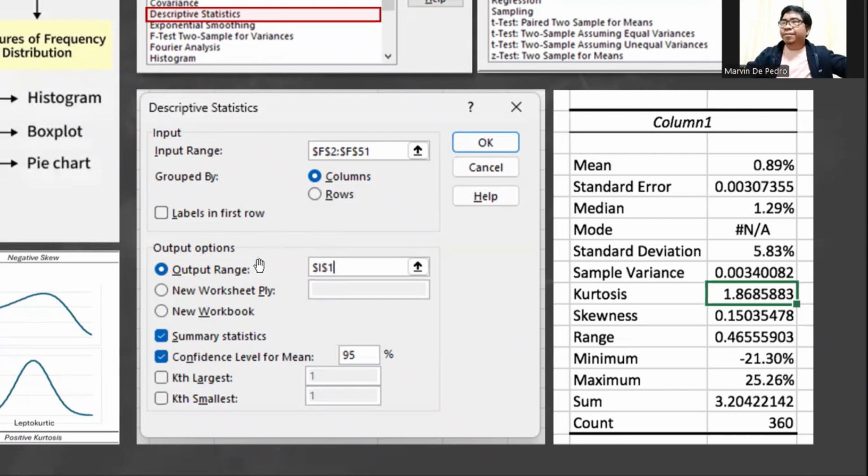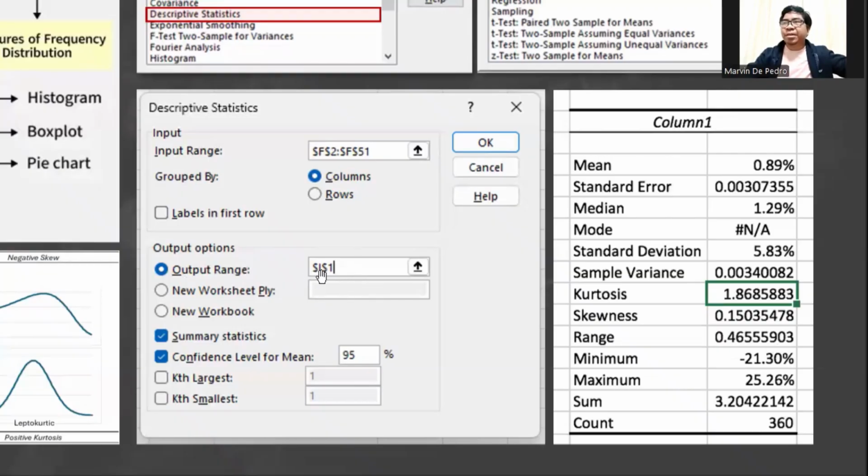So in just a few clicks and types, you can come up with this instant descriptive statistics table. Wherever you want this result to come out, just specify it in this part.